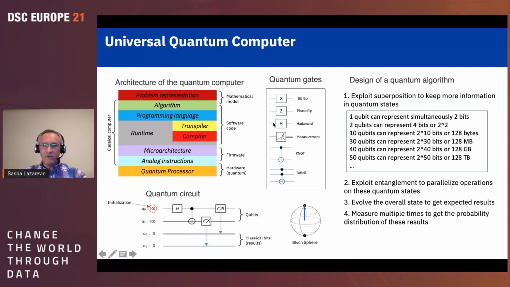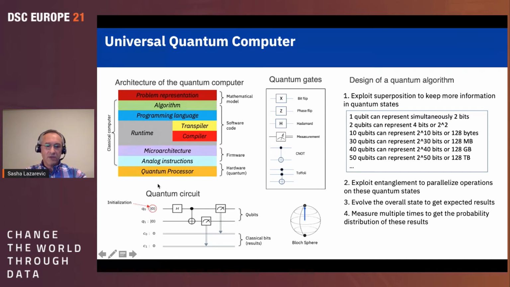When you are developing your algorithms, you need to follow a certain syntax. This syntax includes quantum gates or quantum operations. Here you see just a subset of them. The real set is larger. Here we have a bit flip, for example. This is the way we can represent the states. When we apply this bit flip, this vector will point down to the number 1. Hadamard will create superposition. The CNOT will put 2 qubits in entanglement. This measurement will help us get the result.